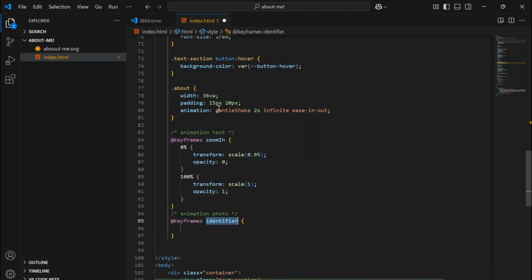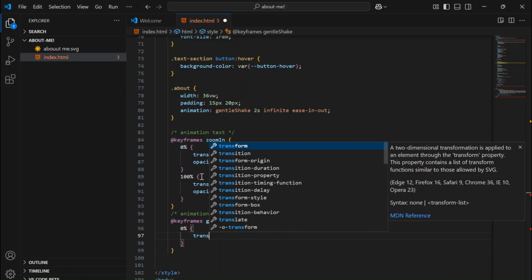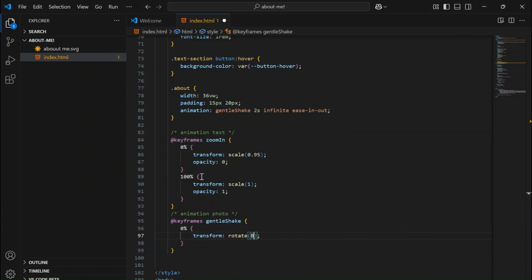Okay, now we can start styling the animation of the photo. We can also use keyframes. The name is gentle shake. You can follow the code. But in this animation, we use transform rotate.